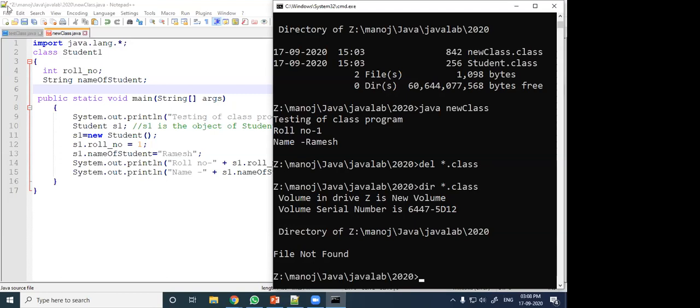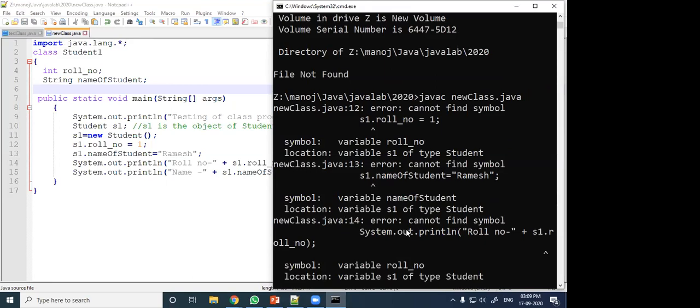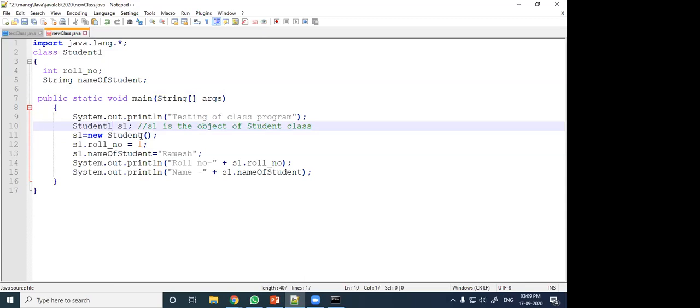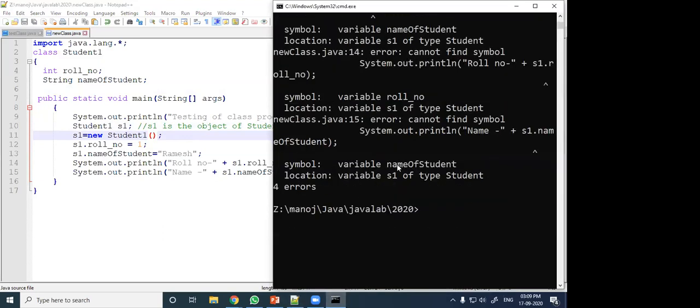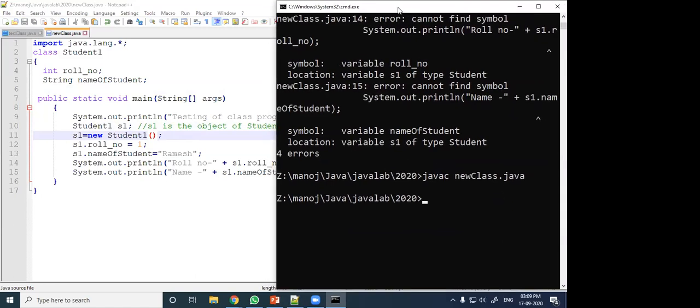The file name is newclass.java. I am saving in this file, and now I am compiling: javac newclass.java.